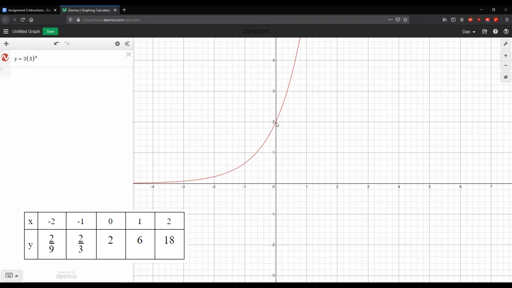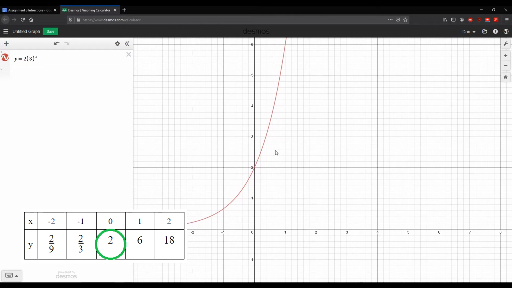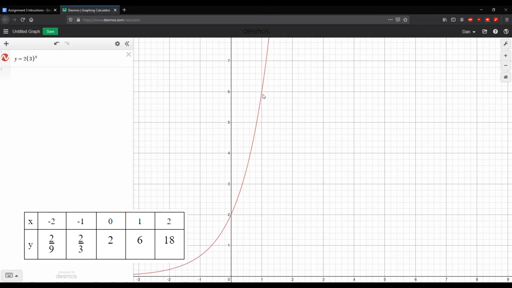So if I go to the y-intercept, I see that is 0, 2. So when x is 0, y is 2. As I move up the graph, you'll see it gets really high really fast. So the y value is going to start changing very rapidly. That's what exponential functions do. So when x is 1, it jumps up to 6, so 3 times the value of the 0